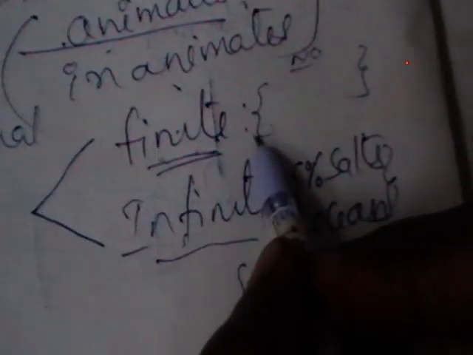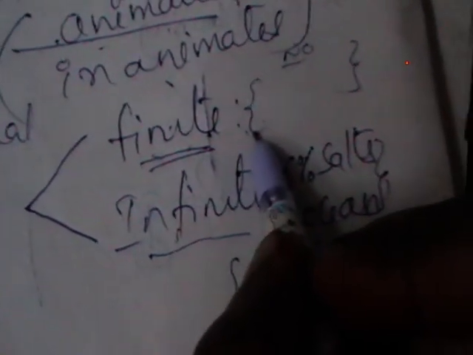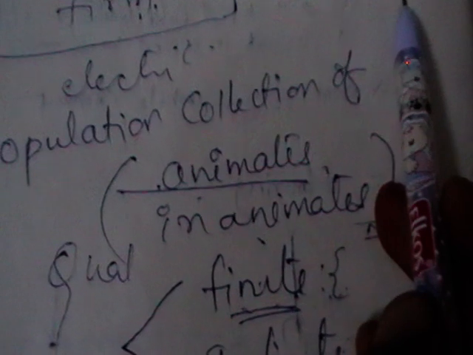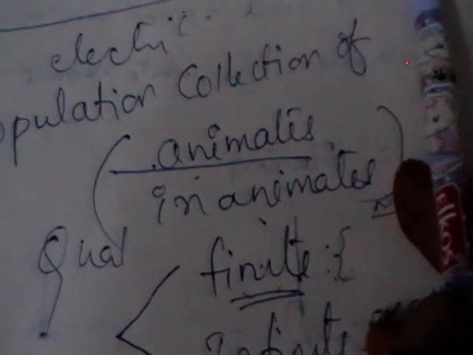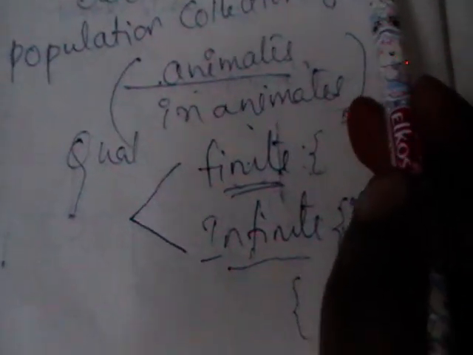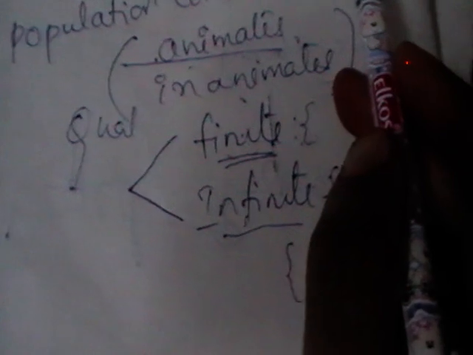Now, if the population is a finite population, I think the best example is to consider the quality of chalk pieces. Suppose the shopkeeper gave you 4 boxes of chalk pieces and your problem is to select the best one to use. There the population is clearly countable. It's not an infinite population.